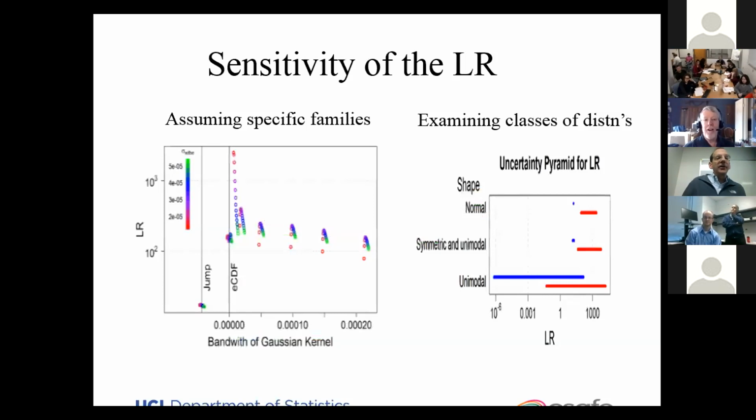The likelihood ratio jumps around quite a bit. Most, not all, but most of the dots are in the range from 100, likelihood ratio of 100, up to 1,000. So that's where most of them sit. The interesting thing is there's a pile down here that's quite small and near 1.